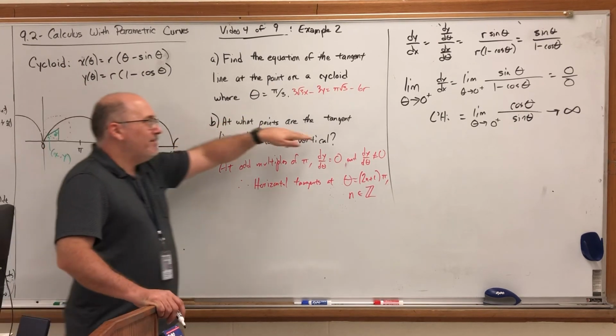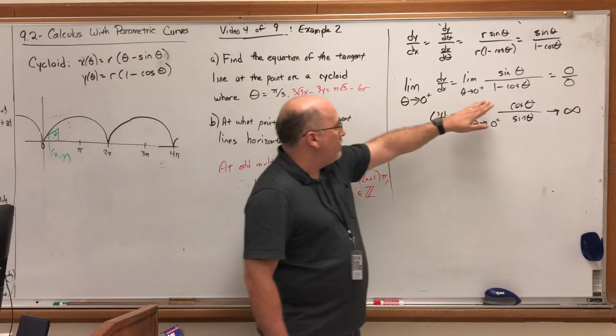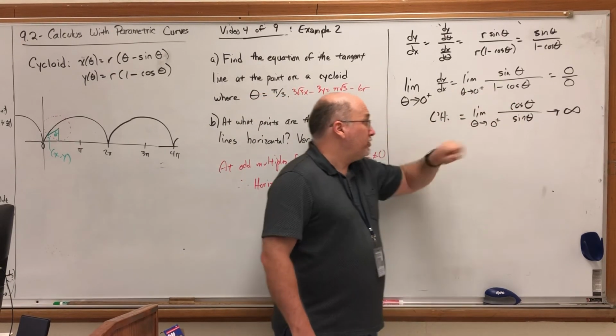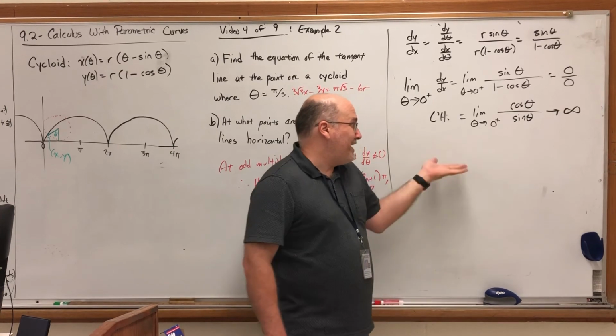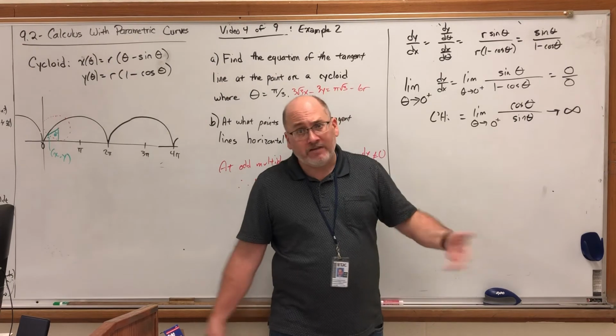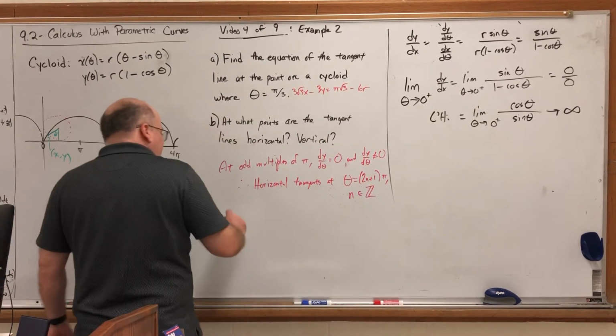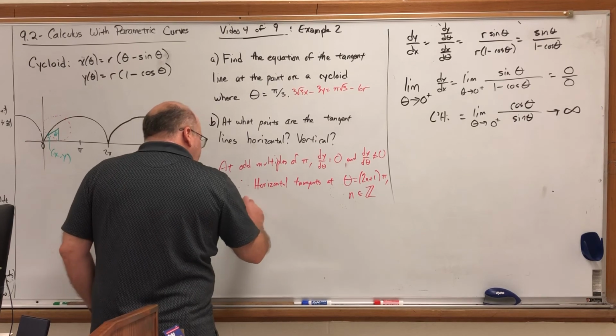But by taking the limit as we approach one of those even multiples of pi from the right of the slope, we got an opportunity to use L'Hopital's rule, and then we had to analyze it even deeper because we had 1 over 0, which means either infinity or negative infinity, depending upon which side you're coming in from. But if you put all that together, that means at even multiples of pi,